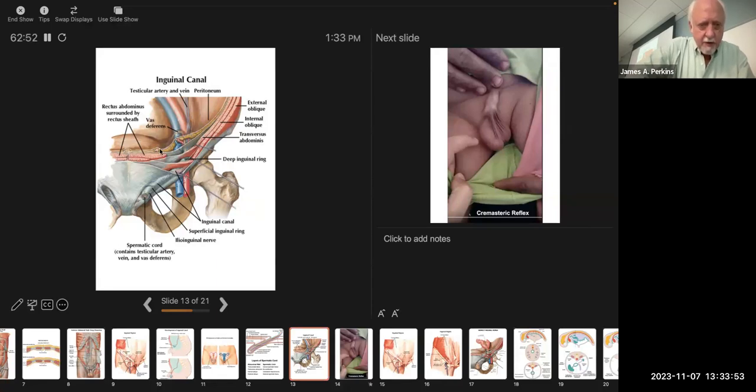And then there's another layer in here, which apparently I didn't label. That's the transversalis fascia, which is inside the transversus abdominis muscle. So then we've got testicular artery and vein up there, vas deferens, and all of those things are pushing through the transversalis fascia. But if you look really closely, you may be able to tell that in addition to pushing through the transversalis fascia, it's also dragging a sleeve of transversalis fascia with it, which will become the internal spermatic fascia. Then you've got transversus abdominis, and there's just a hole in the transversus abdominis, which is the deep inguinal ring, and that muscle doesn't contribute at all to the